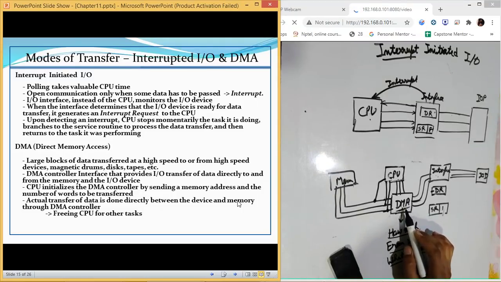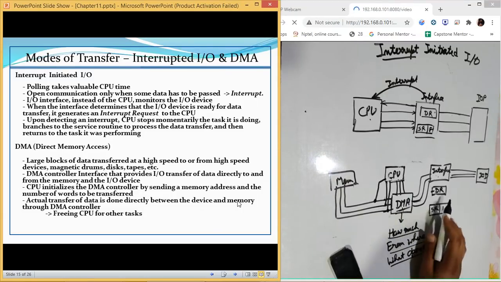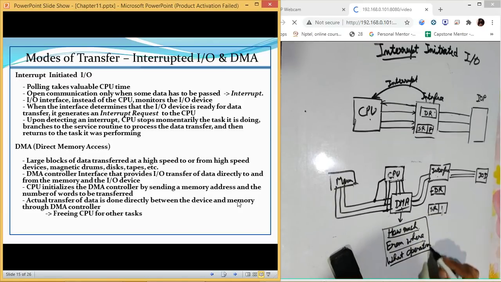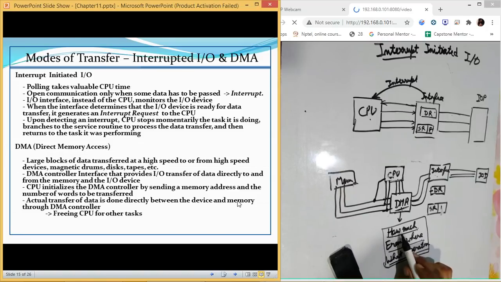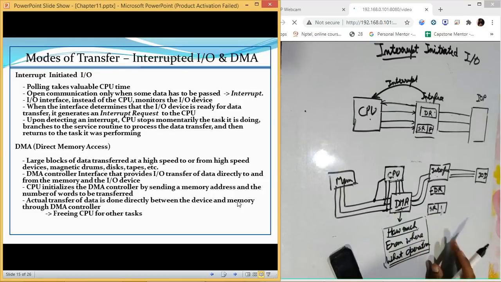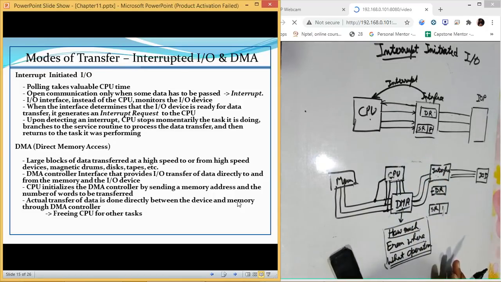Once the DMA initialization and DMA data transfer are complete, DMA will tell the CPU that I have completed the instruction as you said. You told me to get this much data from this location with this operation. This thing is completed, so it will inform the CPU.